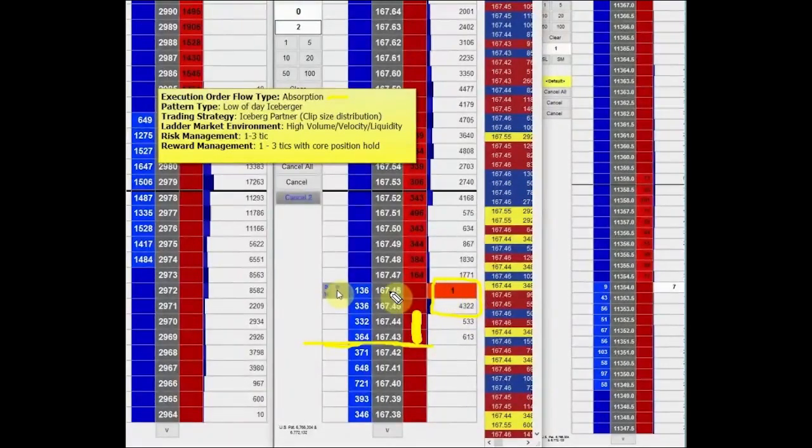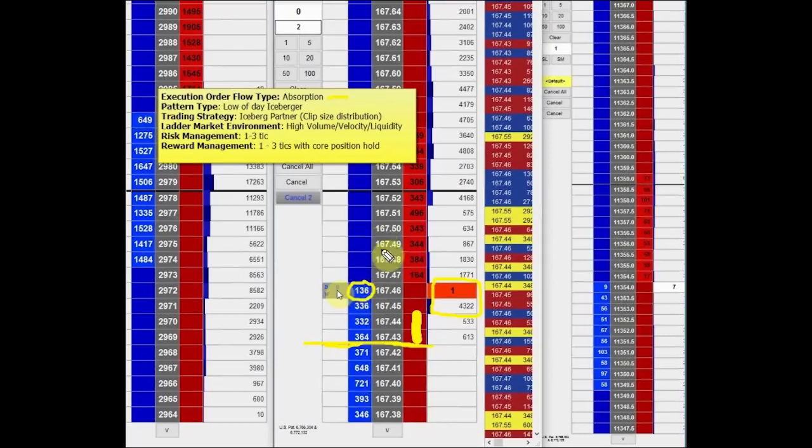As the market offers into this bid over here, it keeps on reloading. So it disappears but then reloads, disappears and reloads. So it's either called a reloader or it's called an iceberg. And so the strategy is an iceberg pattern, where you distribute your clip on the 45s, 46s, and you're scalping,